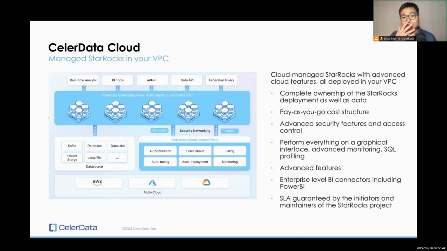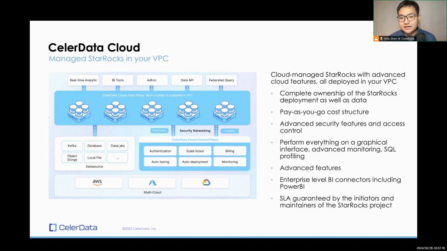And here I want to introduce CelerData Cloud. CelerData Cloud is a cloud managed StarRocks with advanced cloud features, all deployed in your VPC. How it works is that it has a BYOC, bring your own cloud, architecture. On the architecture, you can see that there are two planes. Top is the CelerData Cloud data plane, which is your StarRocks clusters and your own data stored in your own VPC. And then there is a control plane,